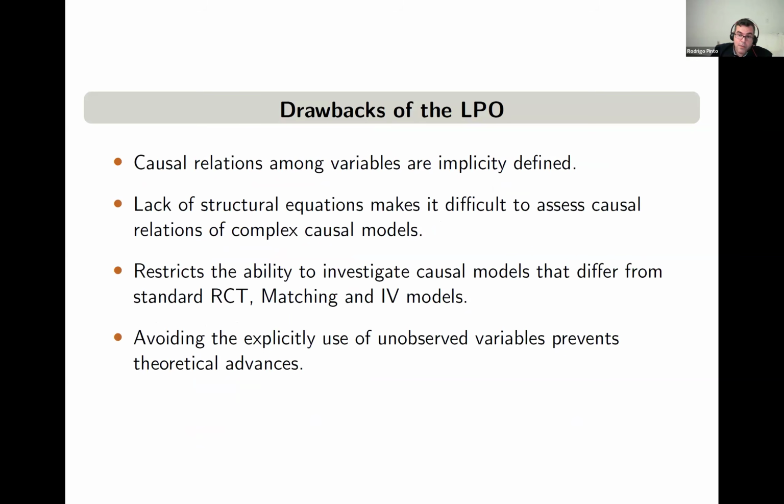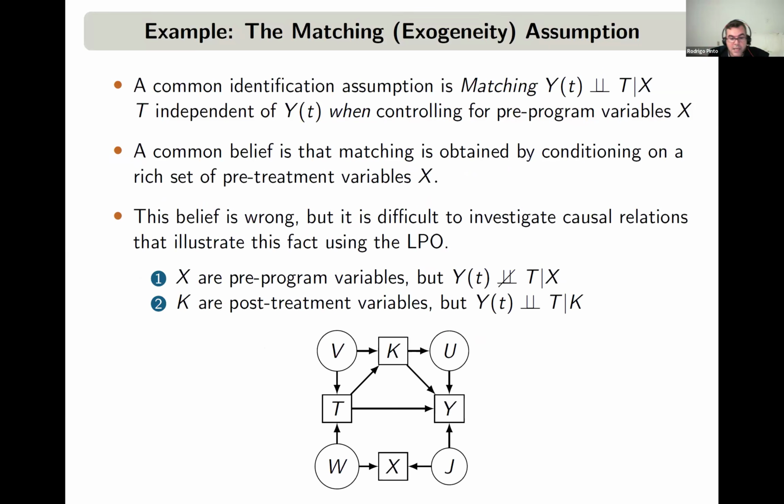Now, the main drawback of the language of potential outcomes is that it does not use structural equations, so the causal relationships among the variables are only implicitly defined. And this creates, well, the method is very useful when you're dealing with models that are sort of simple, like RCT, matching, and IV models. But it becomes really cumbersome to use when you're dealing with causal investigations that are more complex than that. I'm going to give some examples of this fact. So, for instance, a very famous causal assumption in economics is